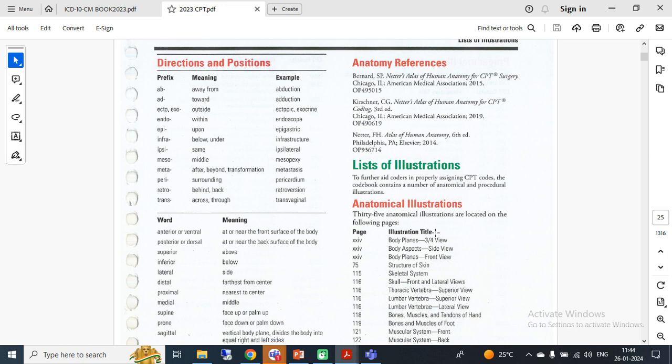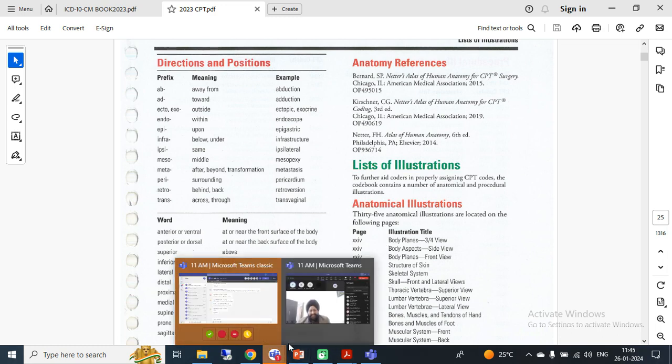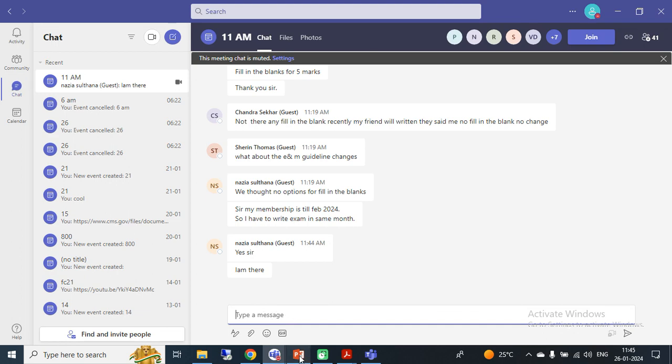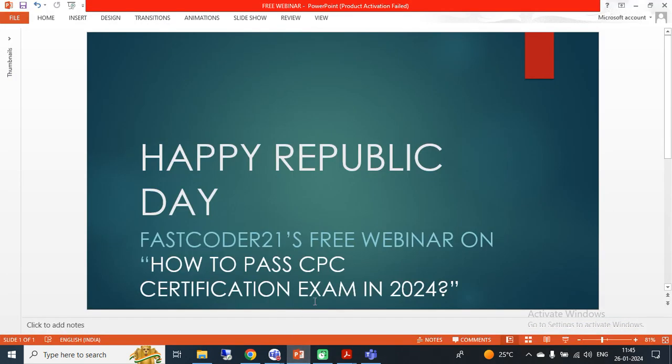Okay, so I just looked at the messages in the chat, and I see some questions related to messages that we have already addressed. And what about E/M guideline changes? That is also addressed. Nothing to worry about changes, because the CPC examination will focus only on the fundamentals. If you know the fundamentals and basics, then there will be no problem. There is nothing to worry about guideline changes. If you know how to properly read the book, then there is no problem,